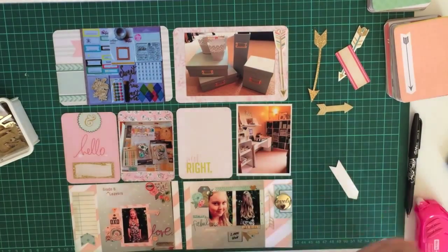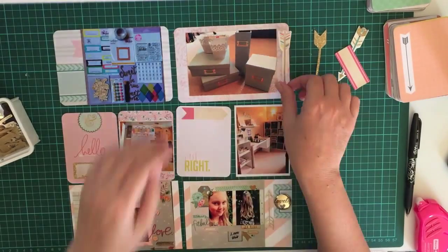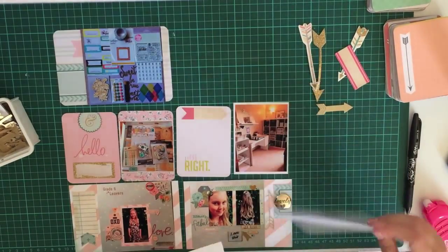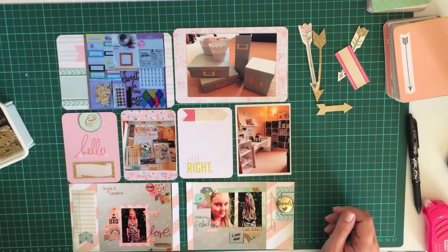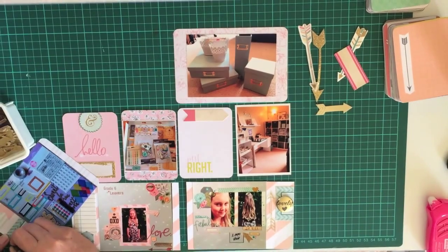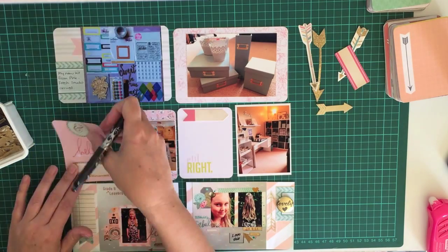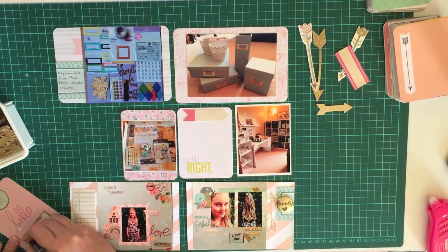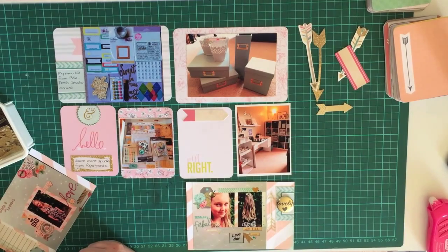I don't use many patterned cards just by themselves, so I've got a lot of 3x4 pattern cards. But I probably need to do more stamping and things like that, because I do have a lot of stamps, lots of dies and things, but I'm getting quite a stash of stuff, so I try not to get too overwhelmed when I'm doing a layout, and I just try and stick to